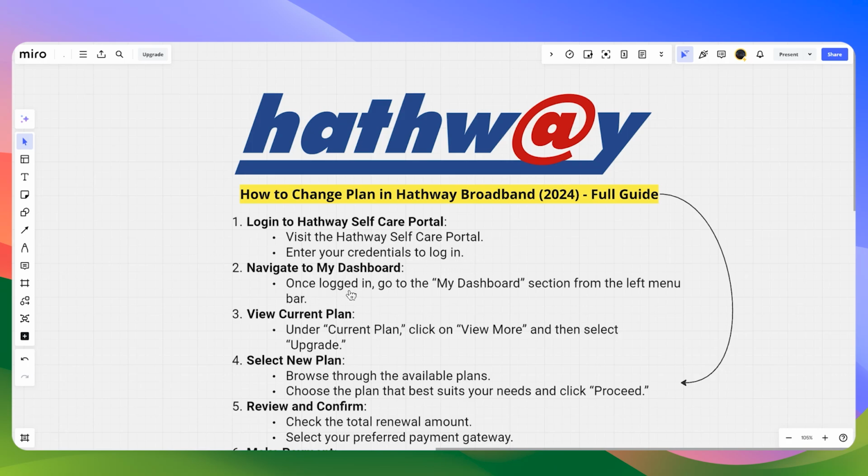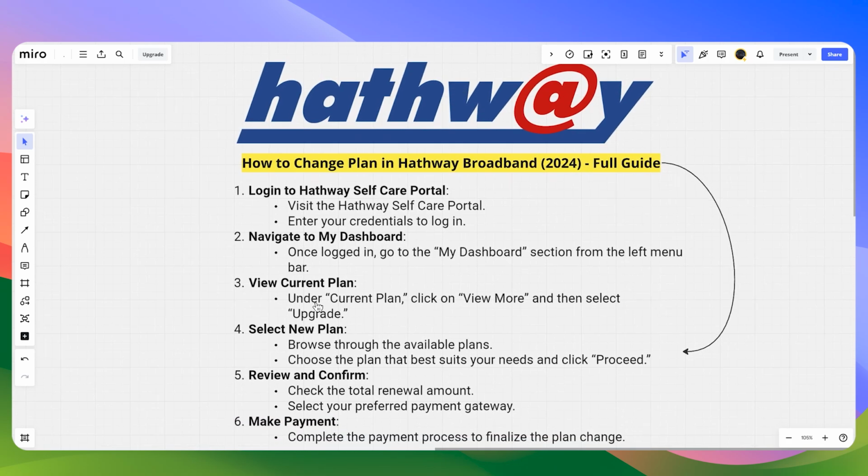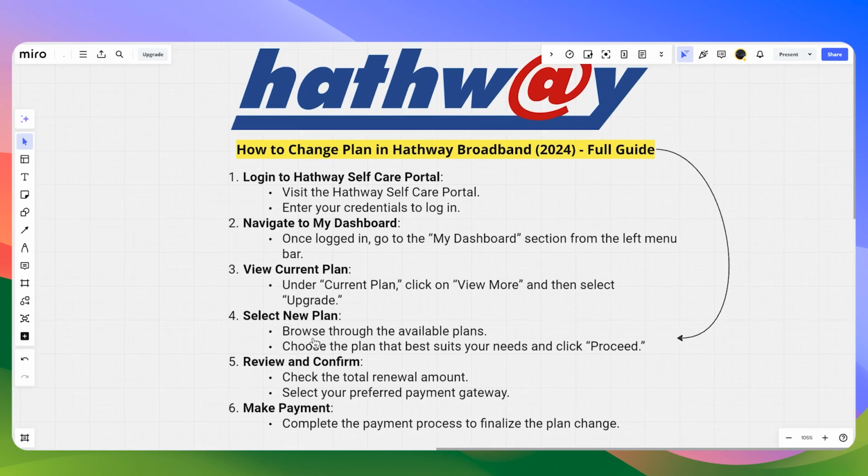So once you are logged in to your account, then you have to go to the My Dashboard section from the left menu bar, and then from there you have to go under current plan and then click on view more, and after that simply select the upgrade option, and after that you have to browse through the available plans and then choose the plan that best suits your needs, and then simply click on